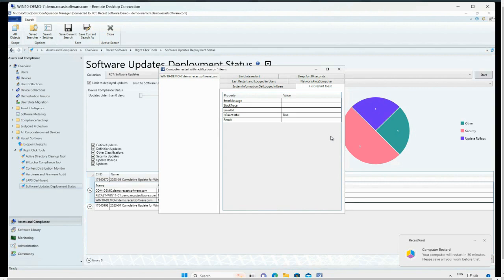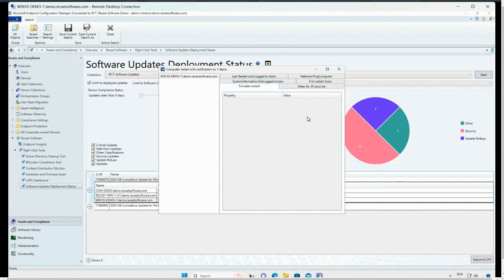Okay, there it is, the first pop-up we get. Like I said, it will say that your computer will restart in 30 minutes. And next, it will start this 30-second sleep. And after that sleep has gone through, it will actually send another toast notification, which will say that the restart